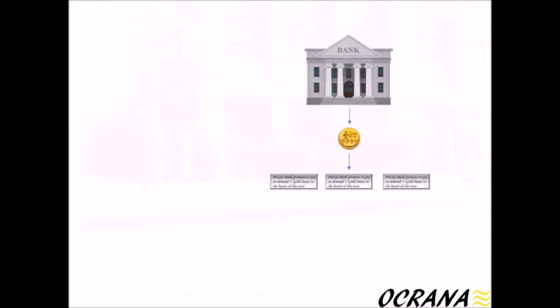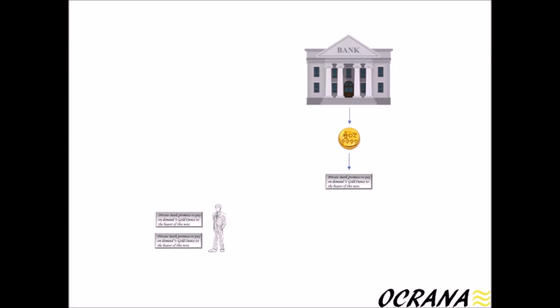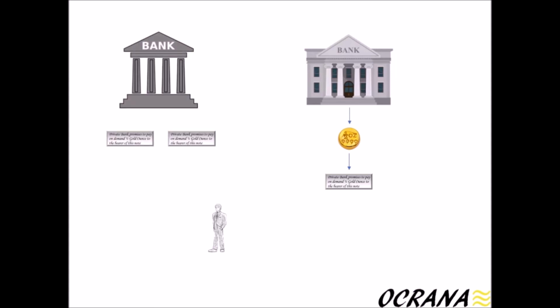To understand how this works, let's imagine that we've got that original bank where it's issuing 3 times more paper notes than specie it has in the vault. We have this member of the public, and the bank goes out and exchanges some notes for some real goods and services, but this person is a member of a different bank, and he deposits the original banknotes with the